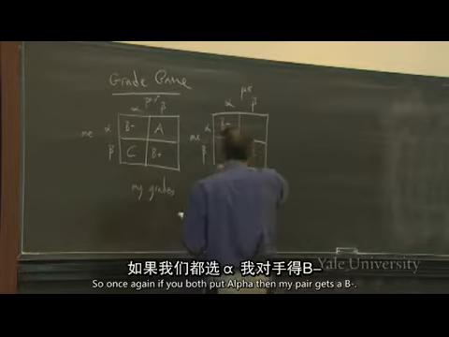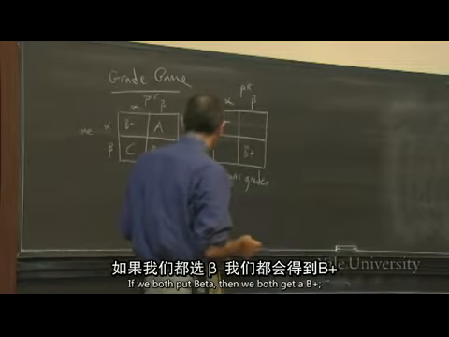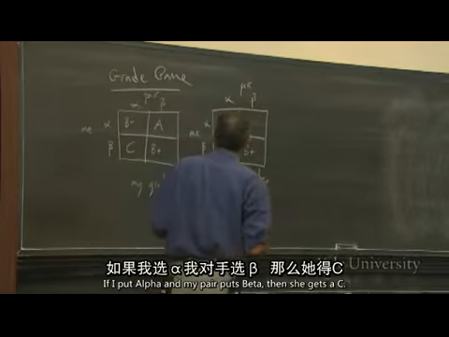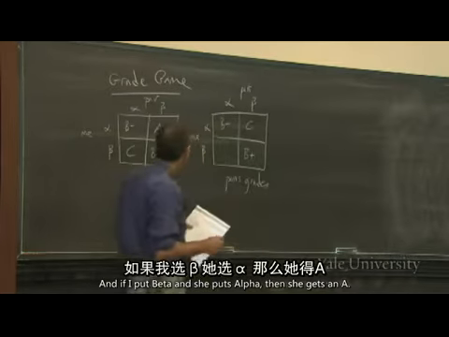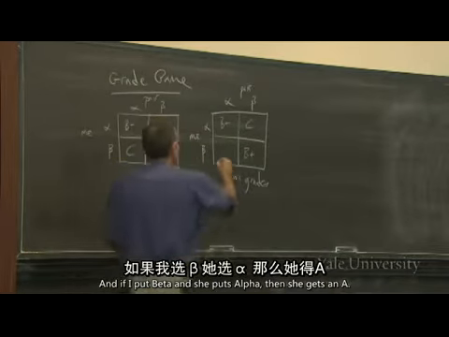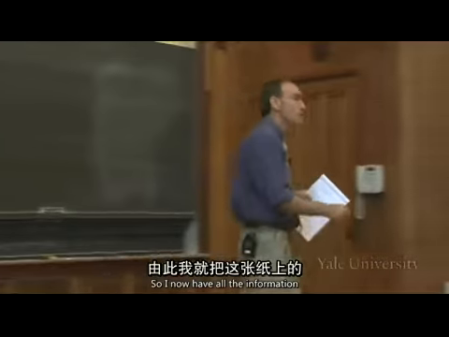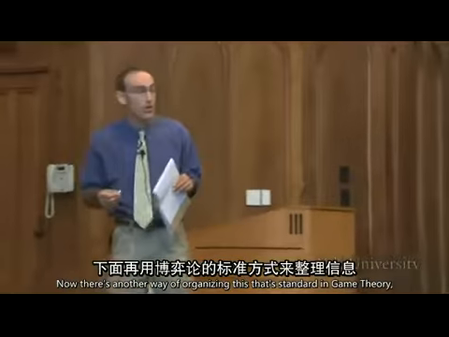All right, so once again, if we both put alpha, then my pair gets a B minus. If we both put beta, then we both get a B plus. So in particular, my pair gets a B plus. If I put alpha and my pair puts beta, then she gets a C. And if I put beta and she puts alpha, then she gets an A. All right, so I now have all the information that was on the sheet of paper that you just handed in. Now, there's another way of organizing this that's standard in game theory,